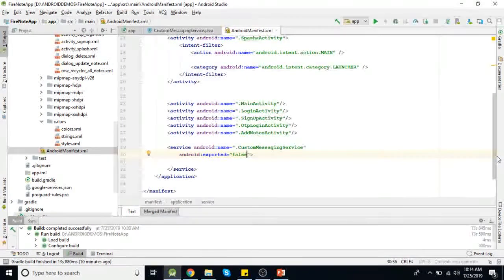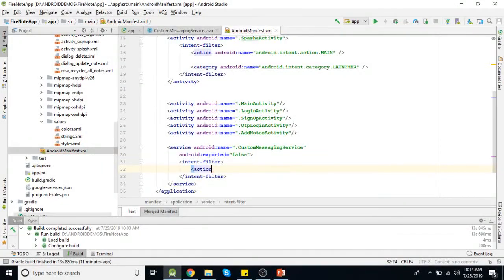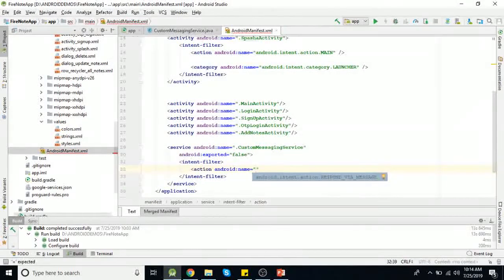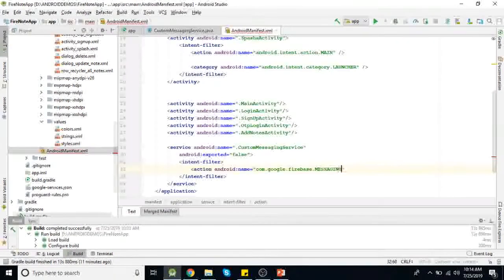For handling this, we need to add an intent filter with an action. So the action will be com.google.firebase.MESSAGING_EVENT. So whenever this messaging event happens, this service will be called, and within that onMessageReceived method you will receive your notification data. So we are done with our manifest settings.